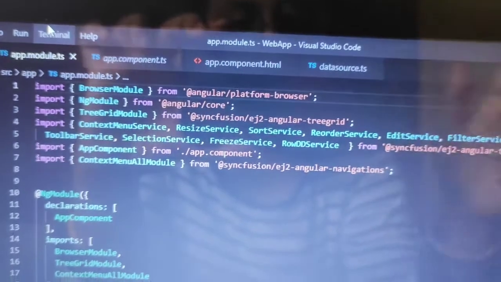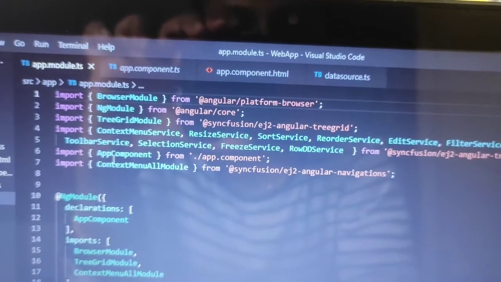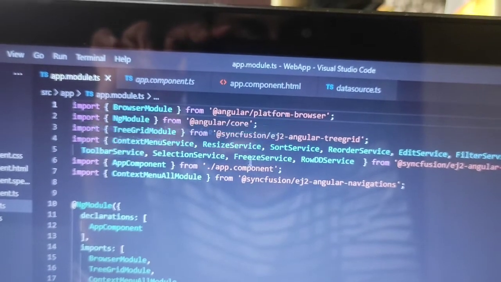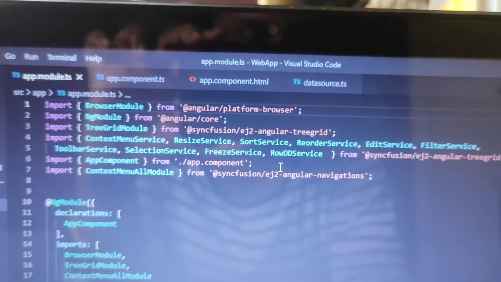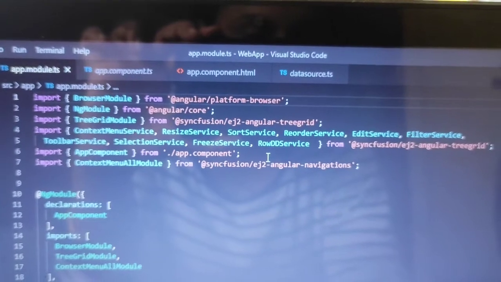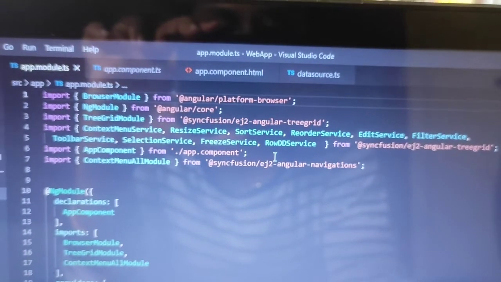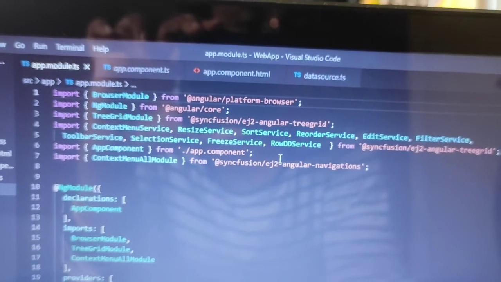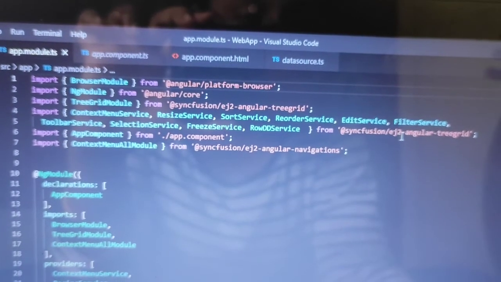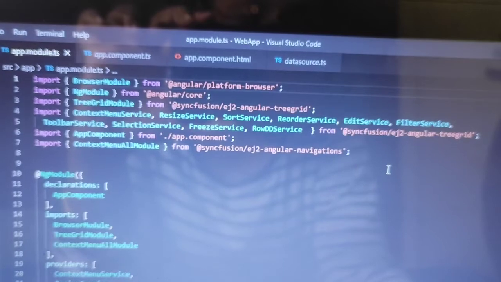Here we have also imported several services like context menu service, resize service, sort service, reorder service, edit service, filter, toolbar, selection, freeze service, and row drop and drag service from the Syncfusion EJ2 Angular Tree Grid. So here all the services we have provided